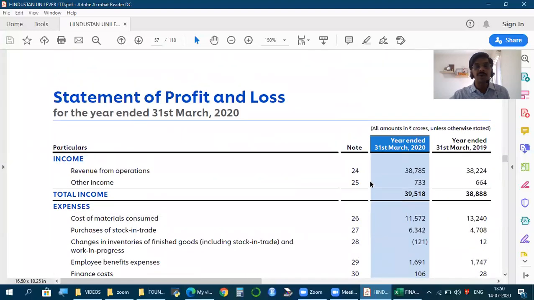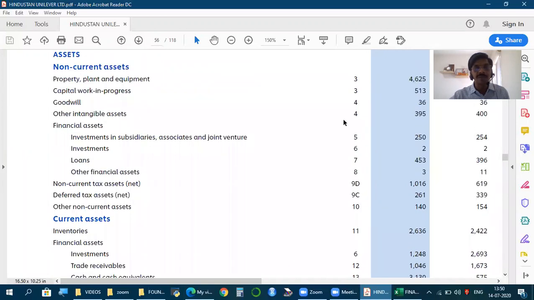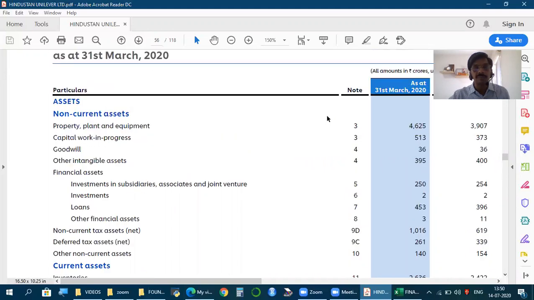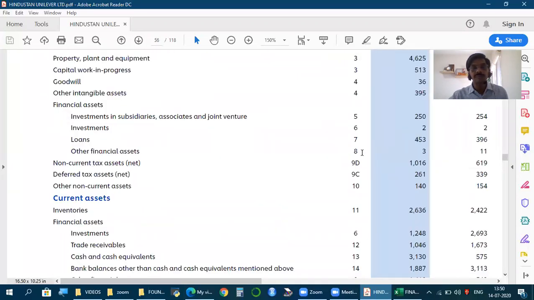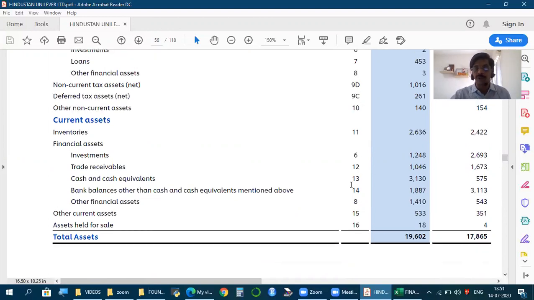Then, if you go to the annual report, the statement of profit and loss or the balance sheet, then for every item you find a note: note number 3, note number 8, 12, whatever. Friends, the financial statements you find are abridged. You just get the final number. These note numbers, if you go down, you find details given.